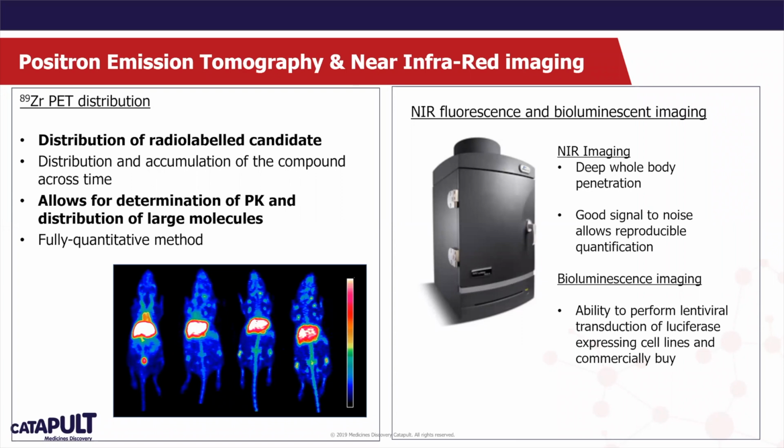Fluorescent labelling is potentially easier than some of the PET radio labelling techniques, and so it allows a really good high throughput way of really understanding where our candidate compounds are going to. Also, with the same imaging system, we have bioluminescence imaging,